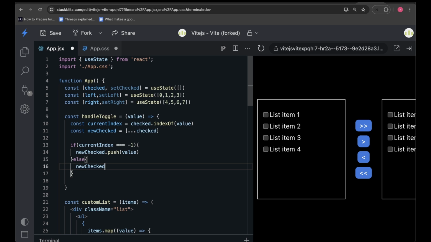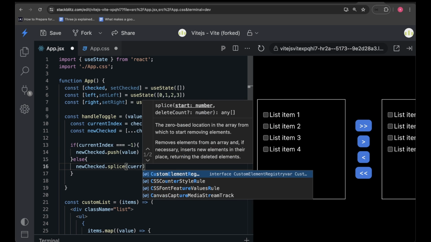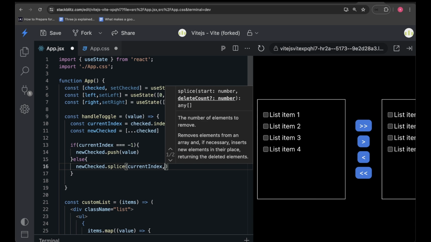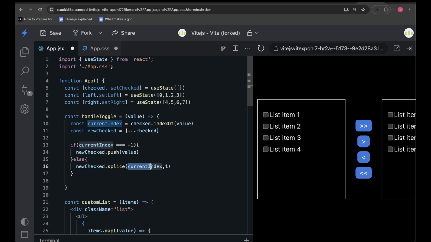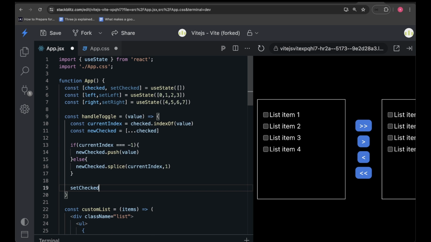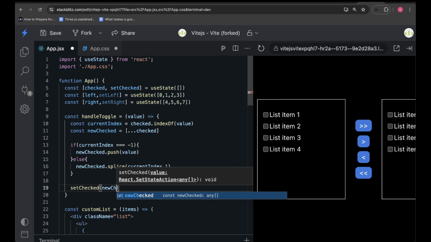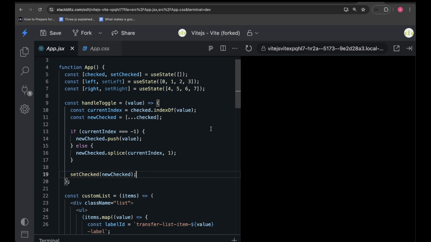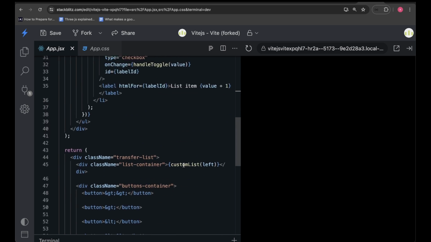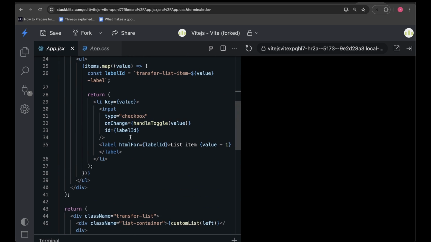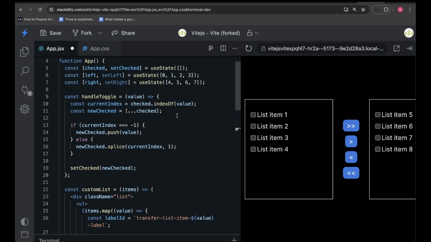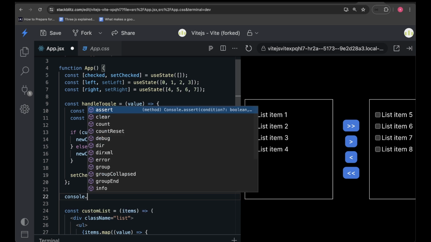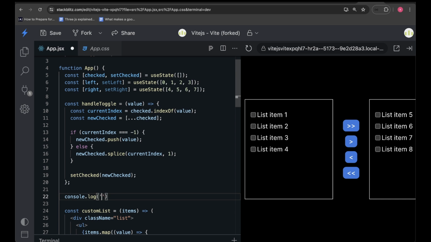So from new checked, splice the current index of that particular value, and then we'll just remove that value. So the index we want to remove and how many elements we want to remove, so 1. Then I'll set checked to nothing but new checked. Alright, now after saving the file, it seems like something has crashed. I think that's mostly because this handle toggle over here needs to be a callback. Alright, just like that. So now if I refresh, and then if I actually console.log nothing but the checked state,